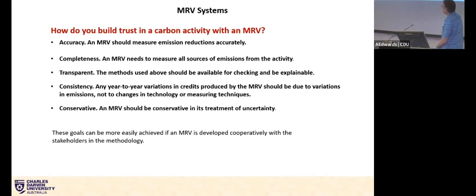It should be transparent. This is pretty important. People should be able to access the data on your emissions. They should be able to have a look at how the thing is going, and it should be explainable as well. You should be able to explain how your methods work to people. The other thing it should be is consistent. These projects will go for 25 years quite often. During that time, you'll be using various sorts of technology that'll probably change over that period. You want to make sure that when you change your technology, suddenly all your measurements don't go up or down. They should only be affected by the activity itself.